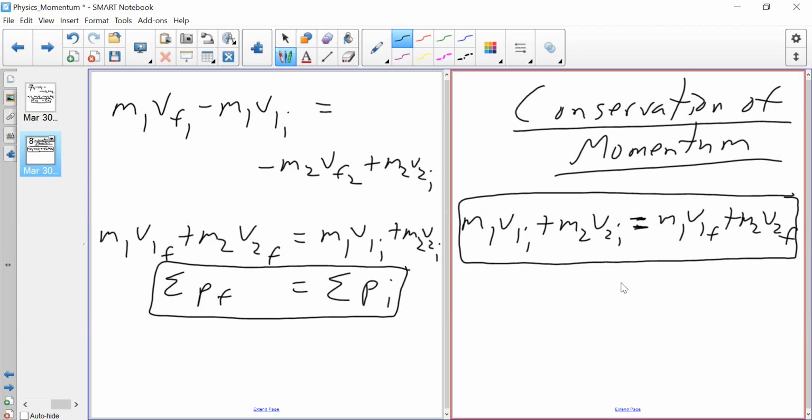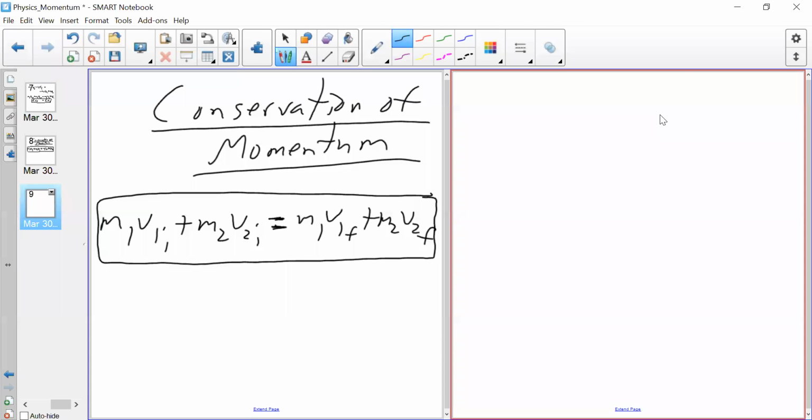All right, so let's make sure you have that. I'm going to access the textbook. I was going to do it up there, but okay. Two types of collisions. There's the perfectly inelastic collision,